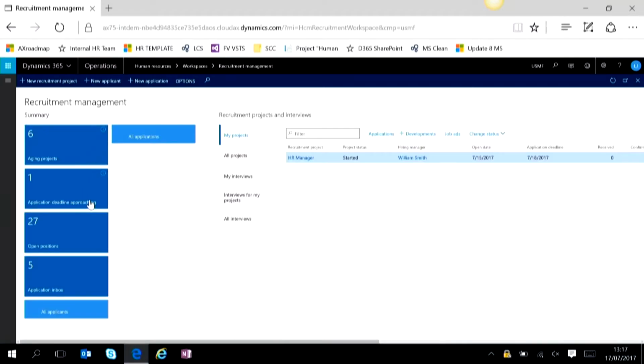Now, this can be set up within the parameter settings. It can be 30 days, it can be 40 days after the project has started, when it starts to show as an aging project. Same goes for the application deadline approaching tile that we can see here with the number 1 there. So what this shows is any application deadlines that are approaching on our project. So we can set a date, we can then set a parameter which says after this date, so many days,